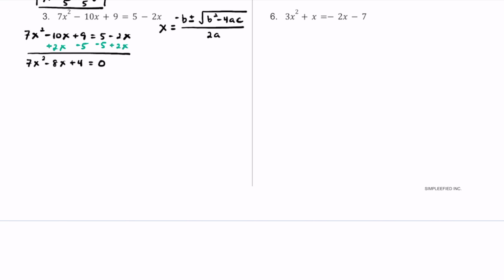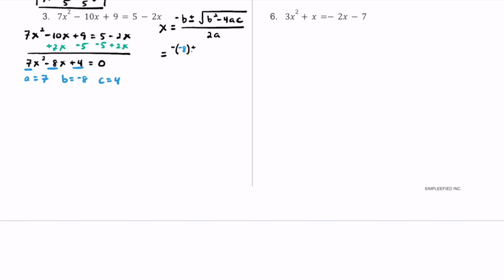At this point, we can identify our a, b, and c because it's in standard form. So a is going to equal 7, and then b is going to equal this -8, and then c is going to equal this +4. So now that we know a, b, and c, let's go ahead and start plugging it in. So we have the opposite of b, but b is -8, so we have the opposite of 8,